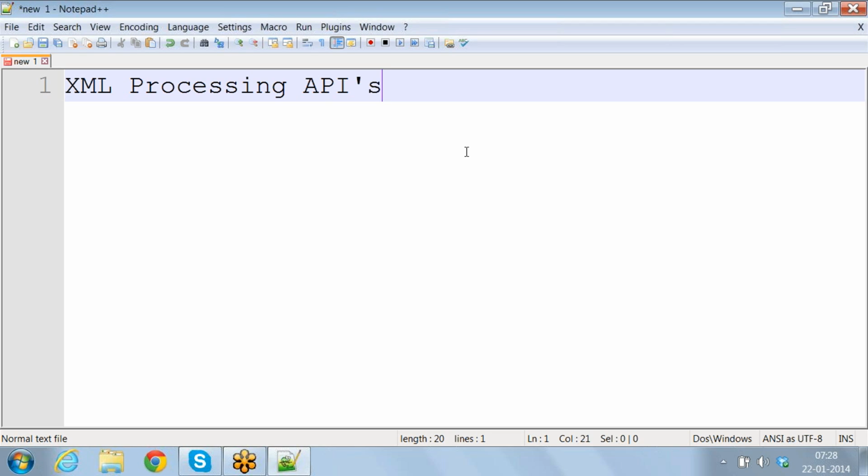Okay, so XML has become widely accepted all over the world in software engineering for exchange of data. XML is used in many different ways, and there is significant